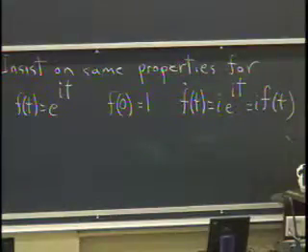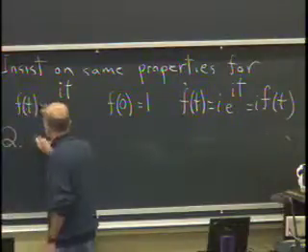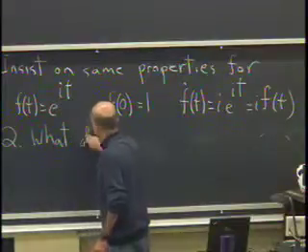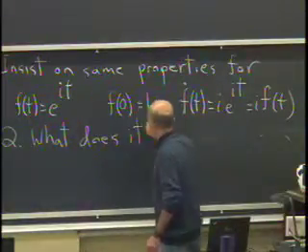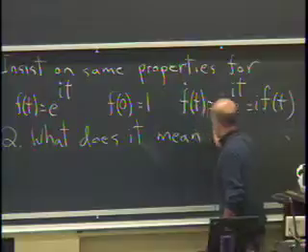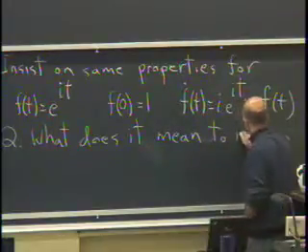Multiply it by i, and draw both numbers on the complex plane, and see what you get. So I'm going to put that as a question. What does it mean to